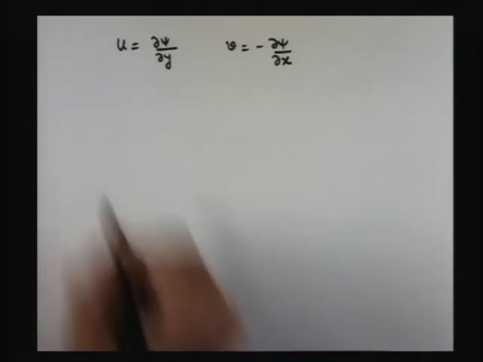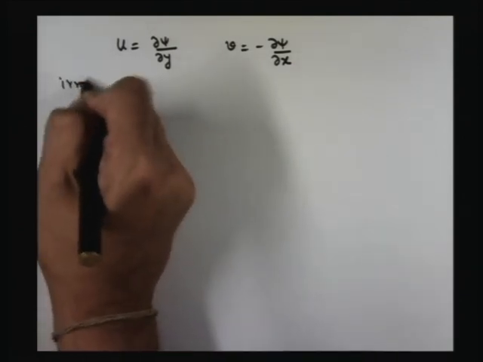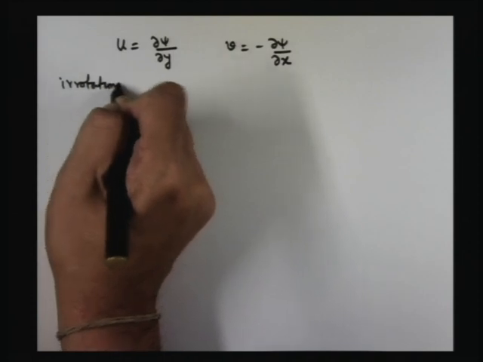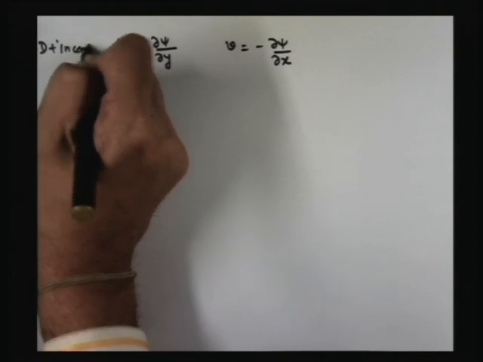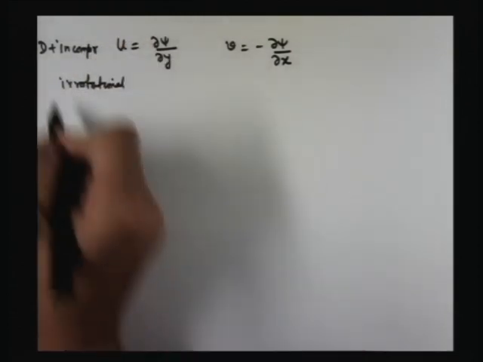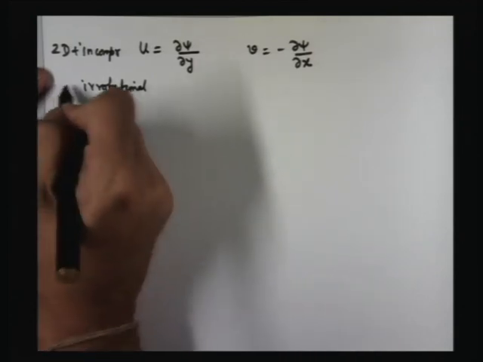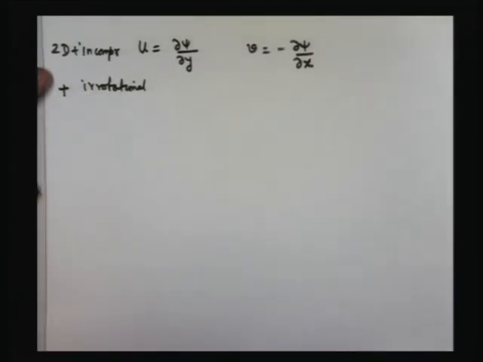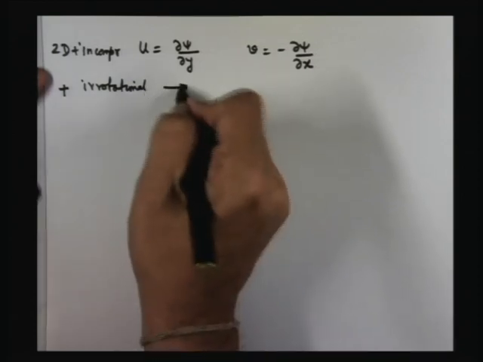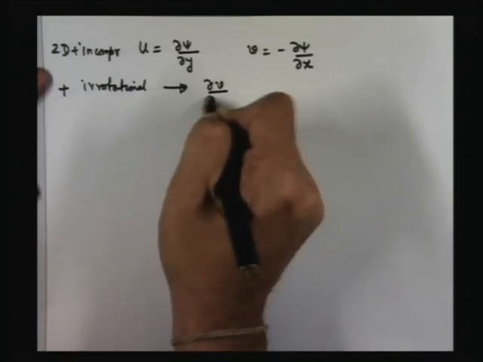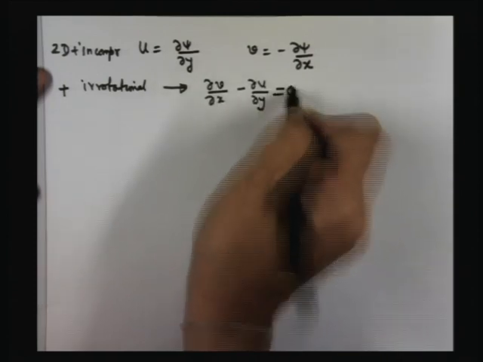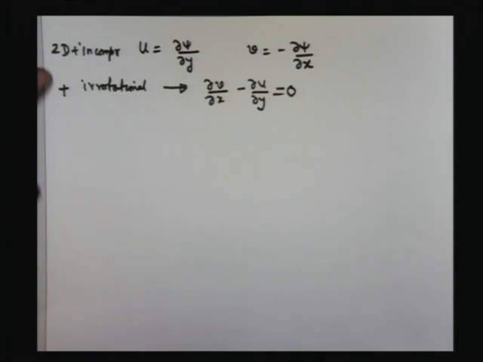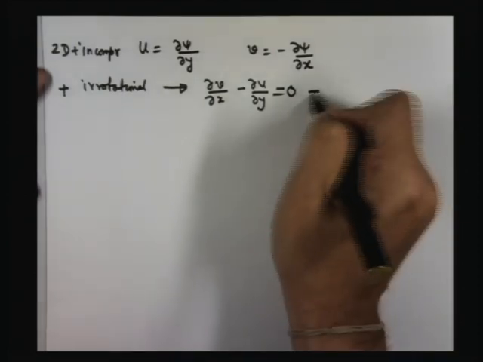If it is irrotational flow, this is 2D plus incompressible. Now we add the constraint of irrotational flow. If we add the constraint of irrotational flow, then you must have del v del x minus del u del y equal to 0. Angular velocity with respect to the z axis must be 0. So that means